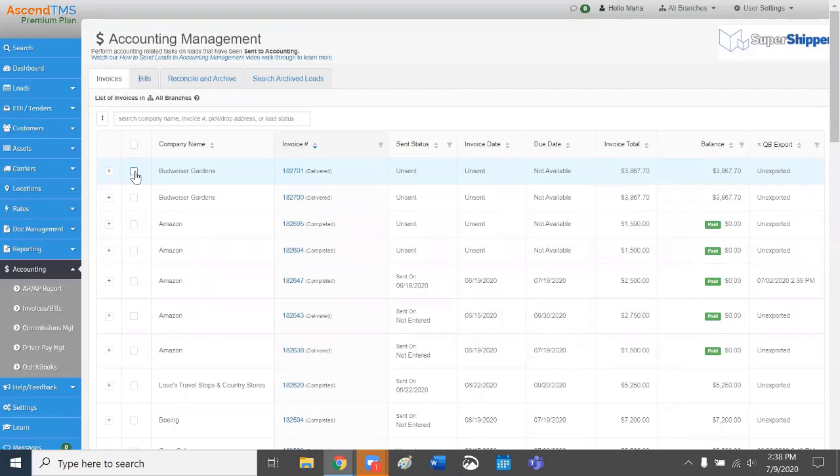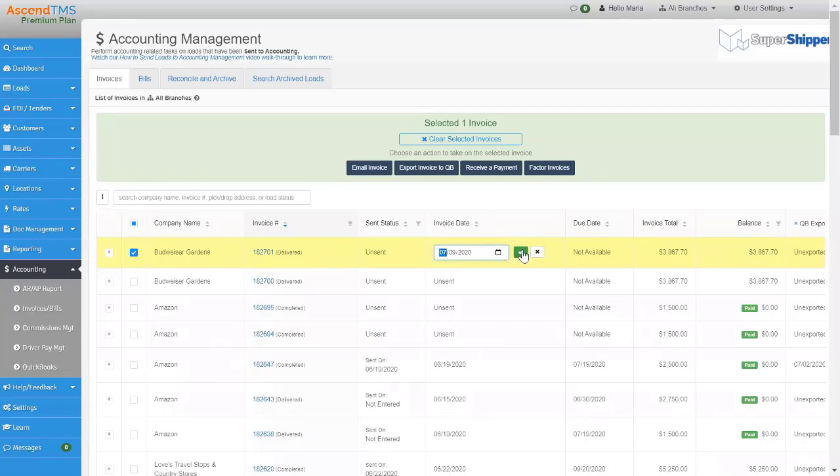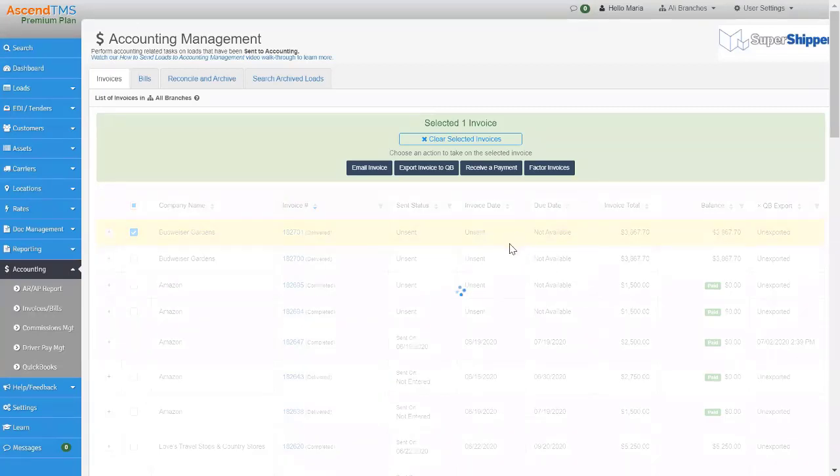when invoicing a customer, remember how I said I expect you to see unsent, not available until you invoice your customer? When you go to invoice, it sets those dates for you. When it sets those dates, it logs it on your ARAP. So 182701, if I go into ARAP right now, it would not be there. To get it on my ARAP, I would either need to invoice my customer or set the dates that I've done so.